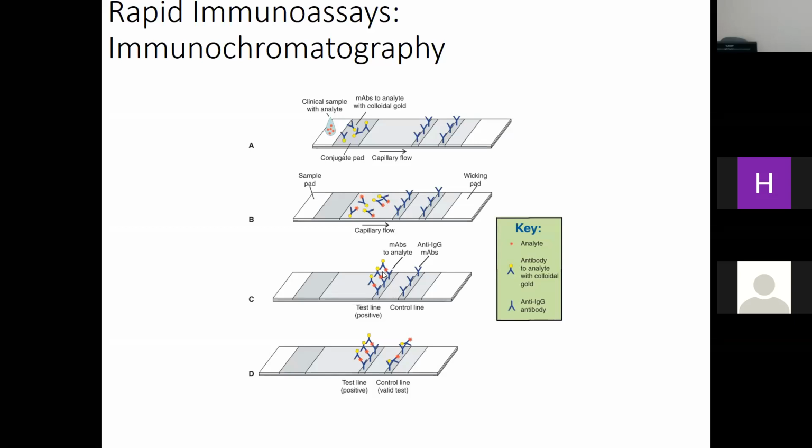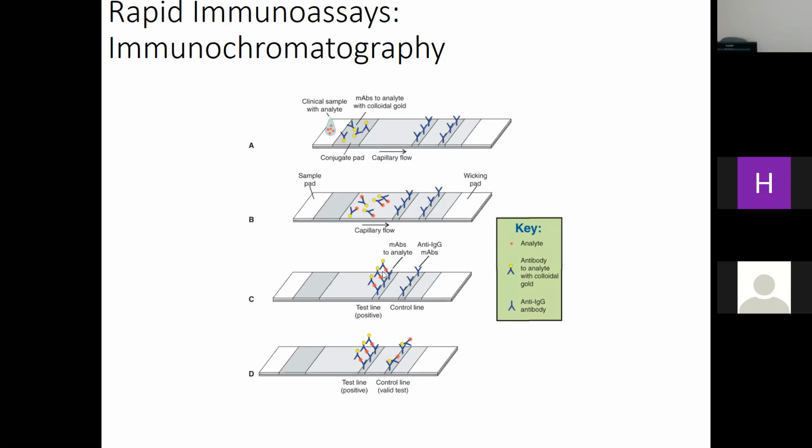So I don't know if you've ever done one of these, but there's always a color line at the end that tells us that the test actually worked. That means that this initial antibody that we added to the test strip actually gets to the end. Okay? And it will. There's enough there that no matter if you have a positive binding or not, it's going to get there. Okay? That's how we do it.